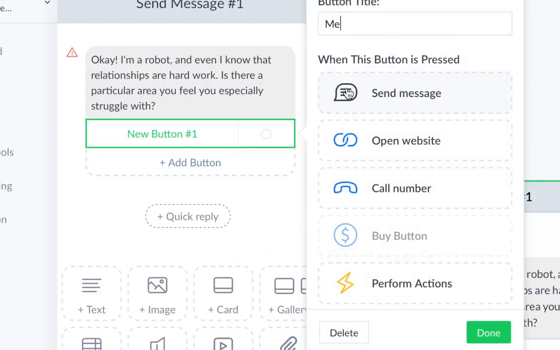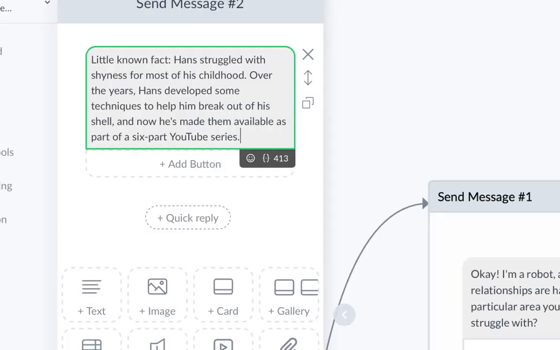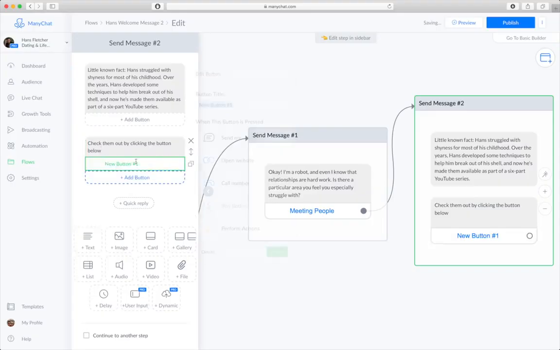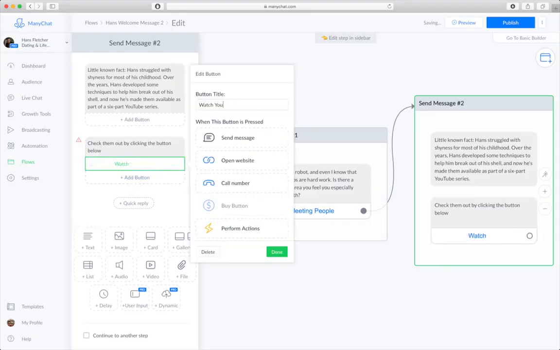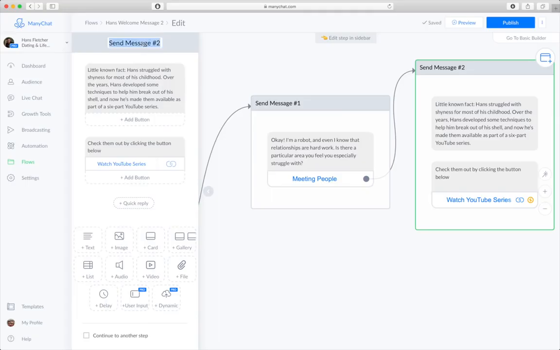First one's going to be meeting people, and it's going to send another message, and then we'll say a little text, and we'll say check them out by clicking the button below. And I'm going to add a button, and it's going to be watch YouTube series. And since I don't actually have a series, I'm going to do ManyChat.com, because, got to do it. You'll want to label your different blocks, because eventually it's going to get super complicated, and you don't want to guess where you are in a series. This will be